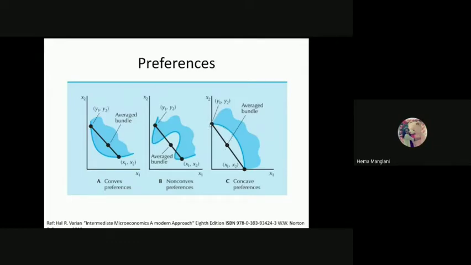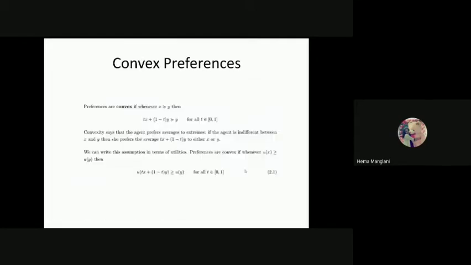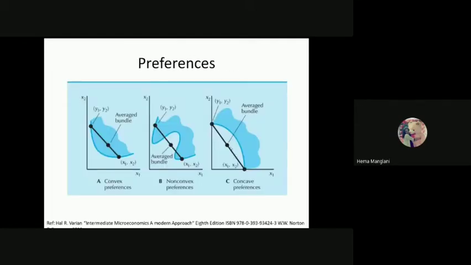The reason behind it: if you come down towards this, then probably this bundle could be more optimal than this bundle. But you cannot prefer this bundle, because the nature of MRS is just reversed in these two situations. So you cannot opt for the extreme over this average bundle, because this is giving you a better utility, but you cannot opt for the average bundle over and above these two extremes, because it is a concave preference.